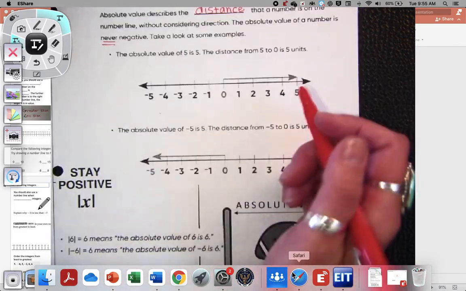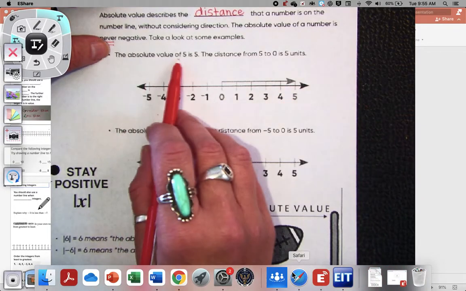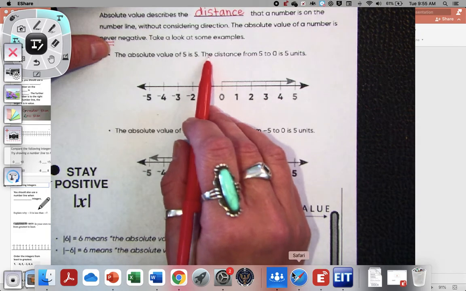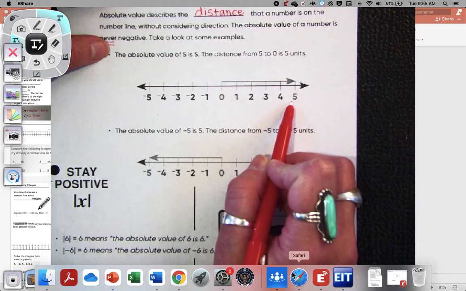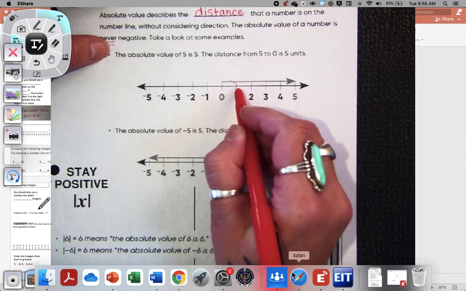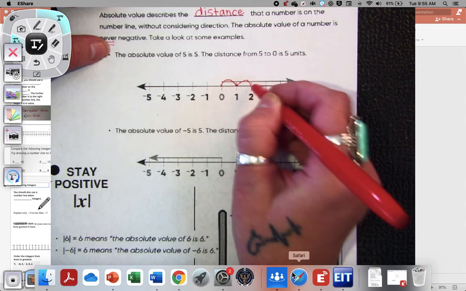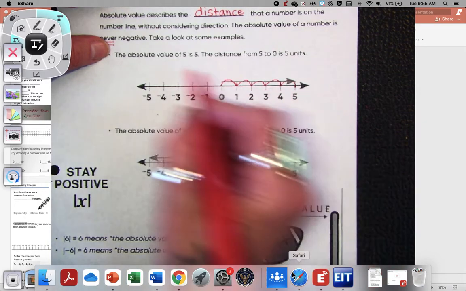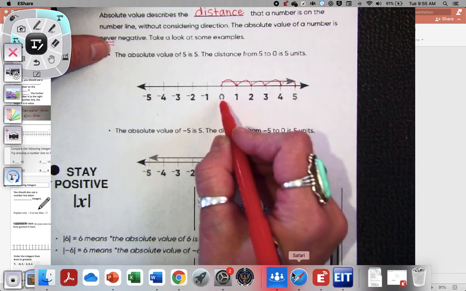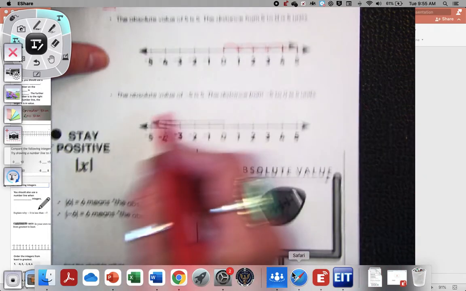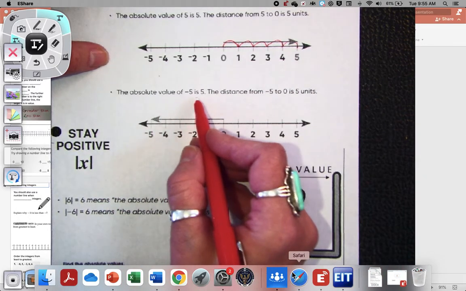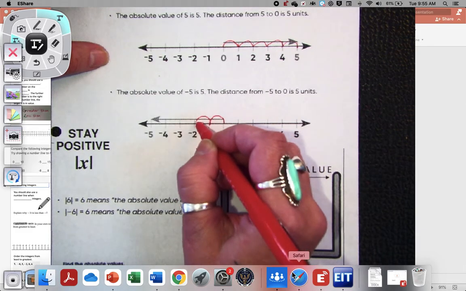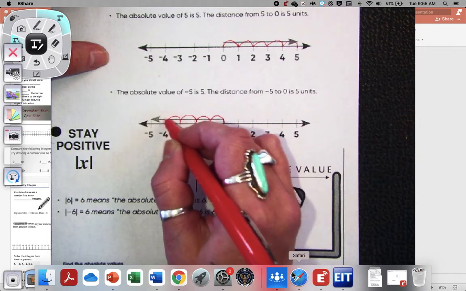Let's look at some examples. The absolute value of 5 is 5. Why? Because the distance from 5 to 0 is 5 units or 5 spaces. We don't care that it's to the right. We're not worried about direction. We just want to know how far it is. The absolute value of negative 5 is 5 because the distance from negative 5 to 0 is also 5 units